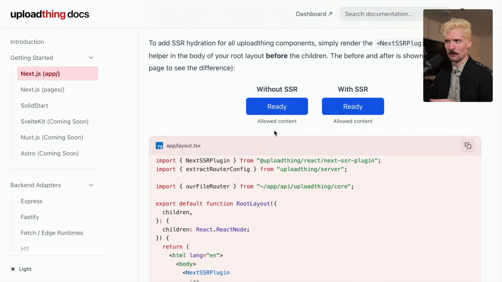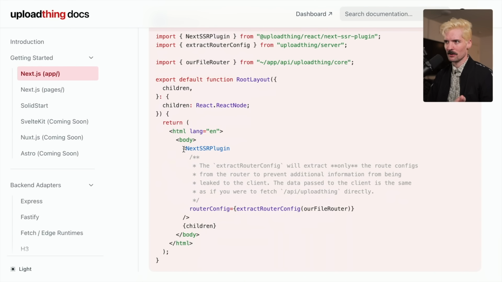Before we had this helper, we were actually fetching from an endpoint on your server in order to get the permissions that this component has. And that was not great, specifically for the SSR experience. And by introducing this Next SSR plugin helper that we created, we have made it so that the client will always have the correct state, and you'll be able to avoid all the weird hydration errors that you would normally expect doing some crazy stuff like this.